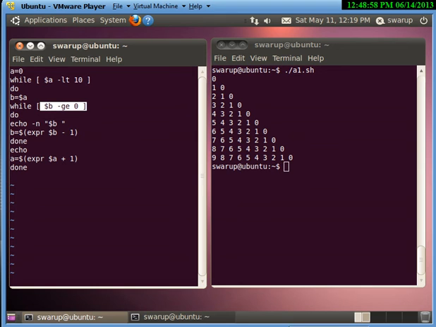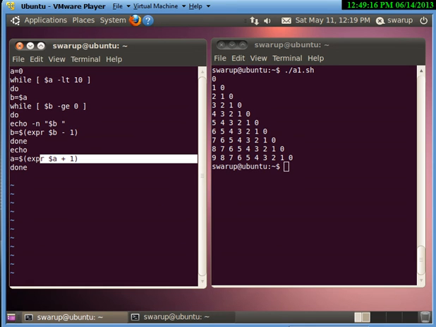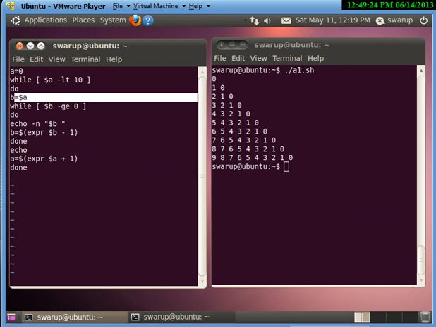In the comparison, it will find that the loop condition turns false because b is minus 1. So it will terminate the loop and come to the next line, where it increments the value of the variable a from 0. Now its value is 1. When it goes up, 1 is less than 10, the condition is found to be true, allowing the loop to enter the body, and the value of a, which is 1, is now assigned to b.